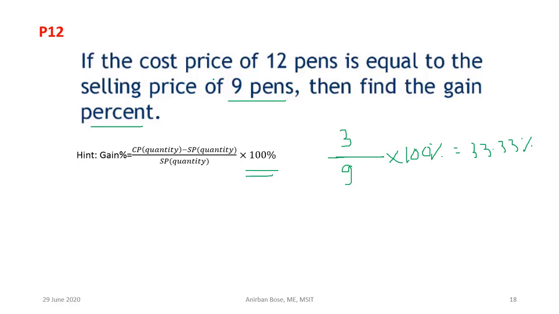So these problems are also very common, and you just think logically that how much profit you are actually making. So you are getting a profit of 3 pence after selling 9 pence. So when 9 pence has been sold, basically 3 pence you are getting free, as if. Okay. So 3 is your profit when you sell 9 pence. So 3 by 9 into 100% is equal to your profit percentage. You just try to remember this formula for this kind of problem.